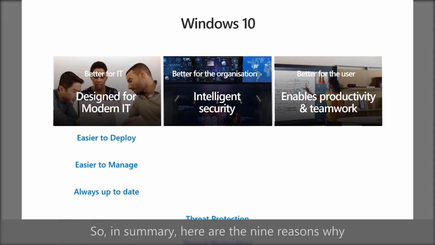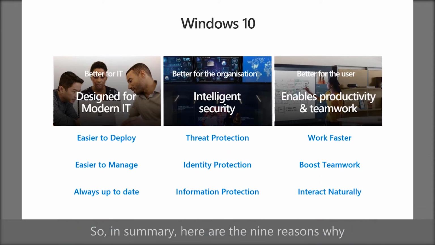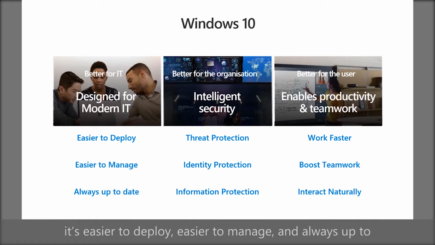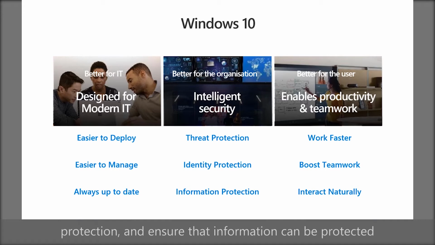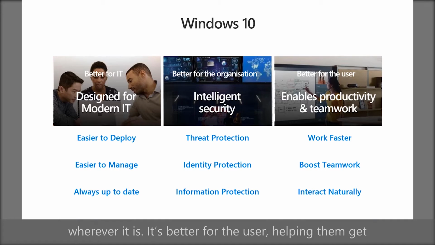So in summary, here are the 9 reasons why customers are starting to move at scale to Windows 10. It's better for IT. Being designed for modern IT means it's easier to deploy, easier to manage, and always up to date. It's better for the organisation, with intelligent security built in, not bolted on. These significant advances help improve threat protection, add identity protection, and ensure that information can be protected wherever it is. It's better for the user, helping them get more done faster, whilst interacting more naturally with a range of beautiful